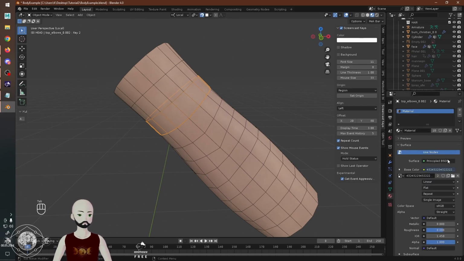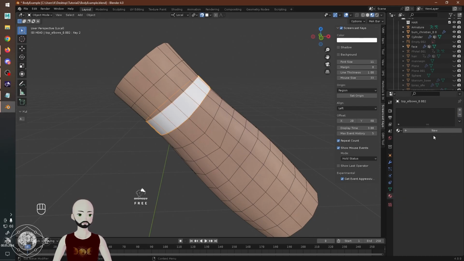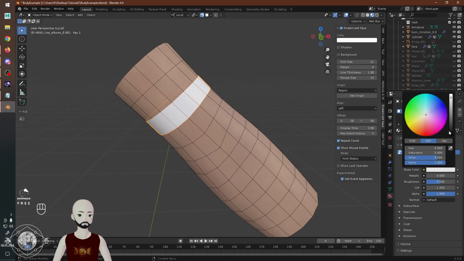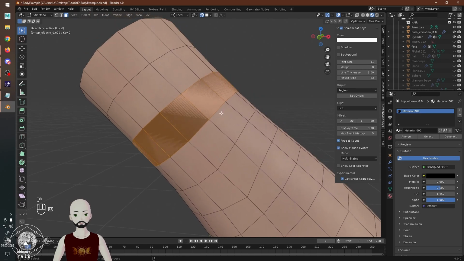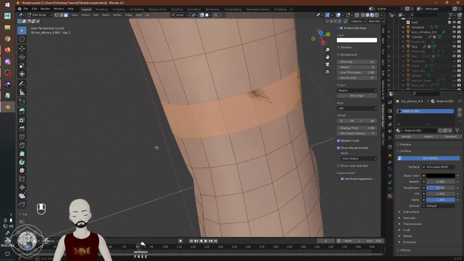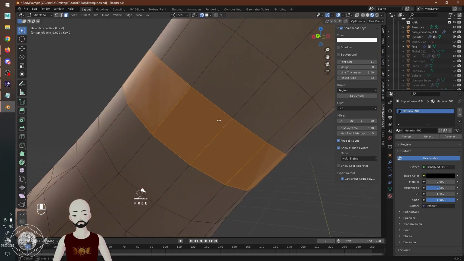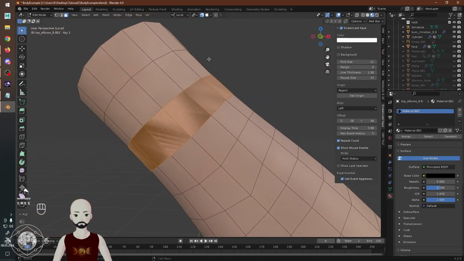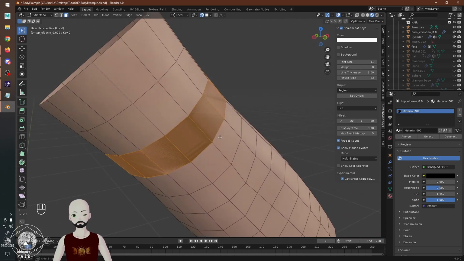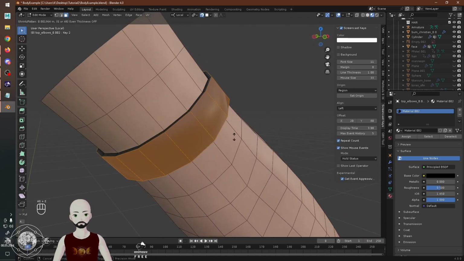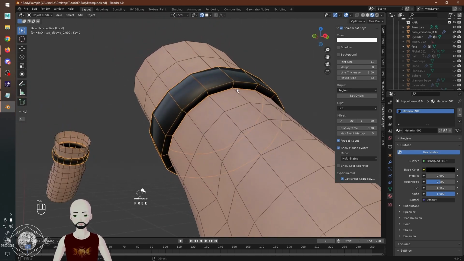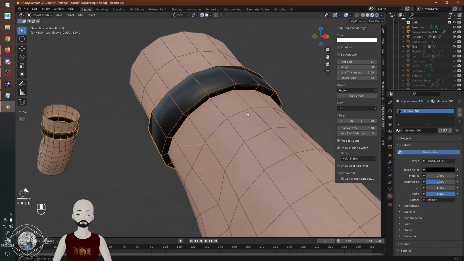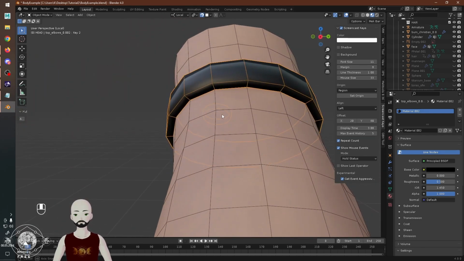Let me copy, remove the material so it's not that skinny. Because if we do something like this, automatically we get topology that is aligned to the skin, so it will deform exactly the same. Yeah, and also this will have a clean edge, which is an important thing, because